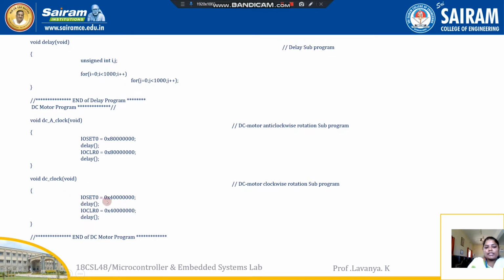Then we move on to the clock function. Here, in IOSET0, I am going to use the bit number 4, that is 0100 followed by all zeros, which is port number 0 to port number 15.